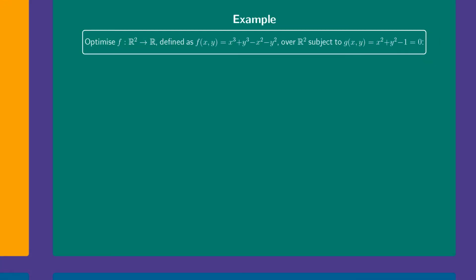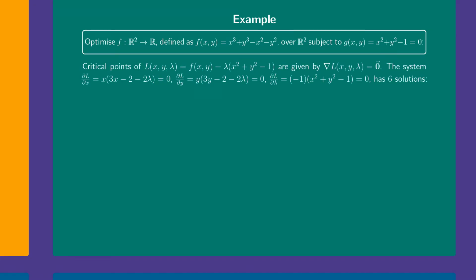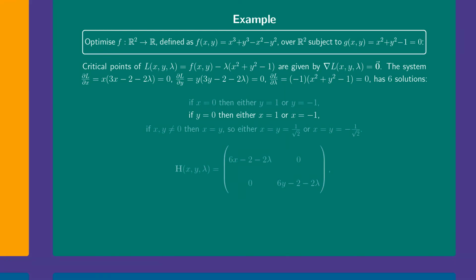We will now return to our example. We have only one equality constraint expressed as a function g, which is x squared plus y squared minus 1. The method of Lagrange multipliers results in 6 critical points. For example, if y is 0, it must be that x is either 1 or negative 1 to satisfy the constraint. The Hessian matrix must be evaluated for this and other options. As a demonstration, let me pick x equals 1. In this case, the Lagrange multiplier must be half.